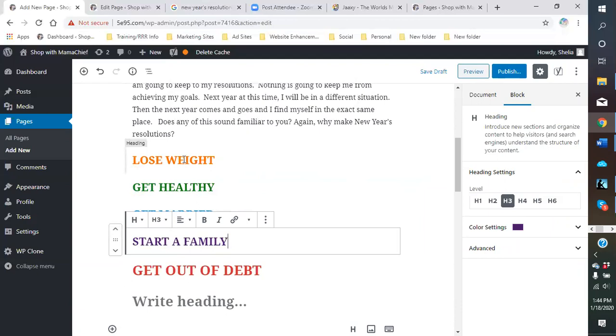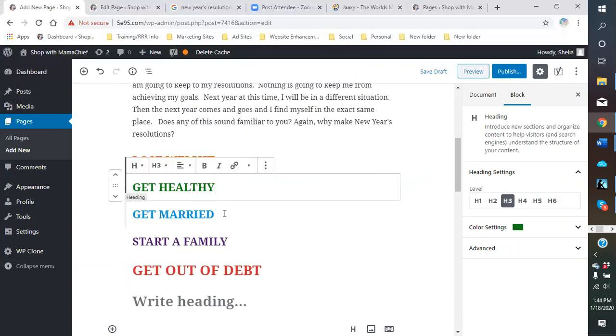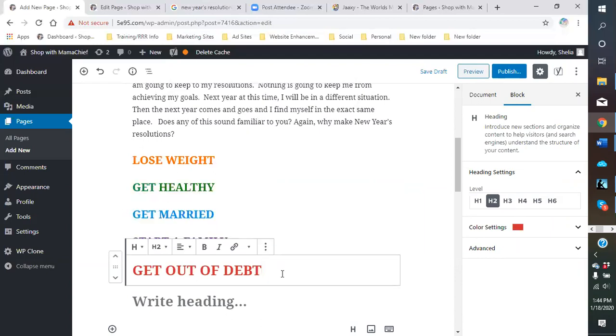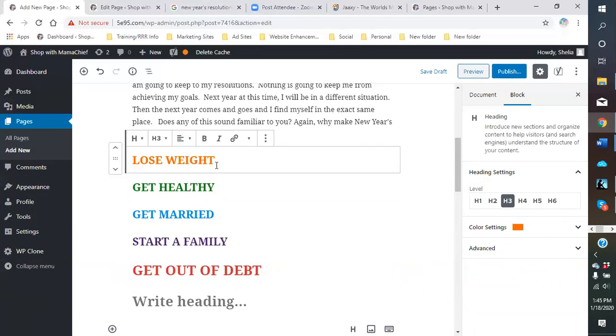People always talk about they want to lose weight, they want to get healthy, they want to, you know, maybe get married, start a family. And the biggest thing everybody talks about is get out of debt. And the reason I have get out of debt last is because I want to tie in getting out of debt. I already have the idea in my head: getting out of debt, working with our PBS, getting into our anchor offers. So I already know where this wants to go. So now that I basically have my ideas on how I want my page to flow,